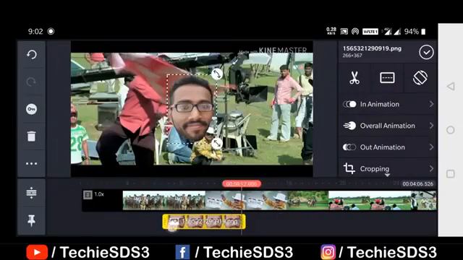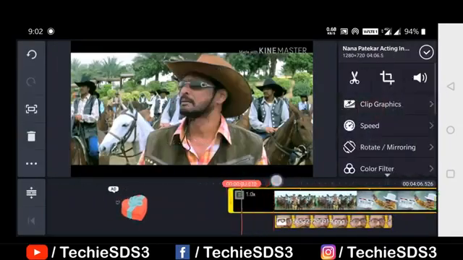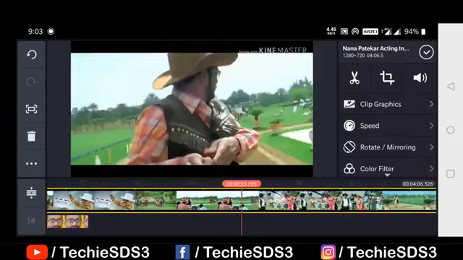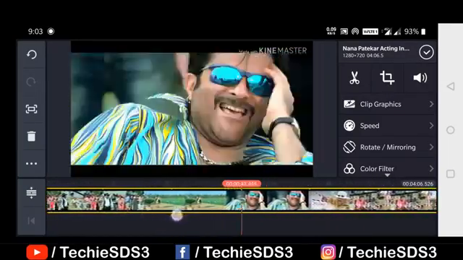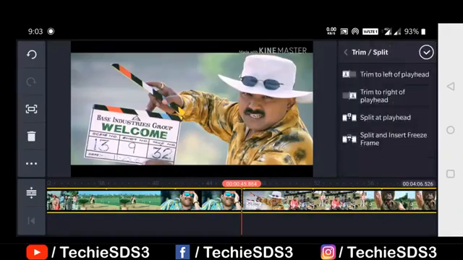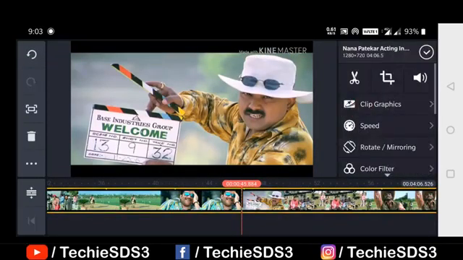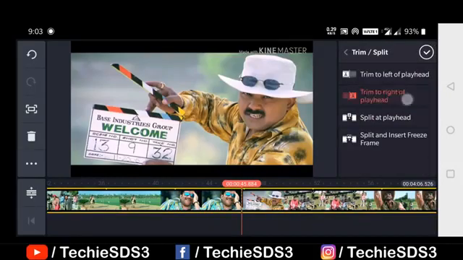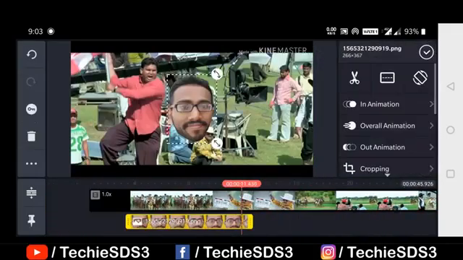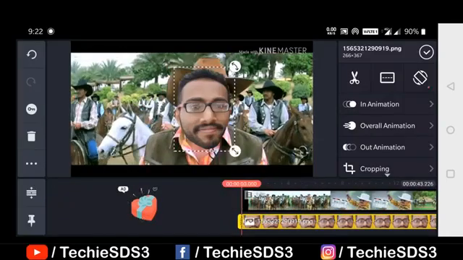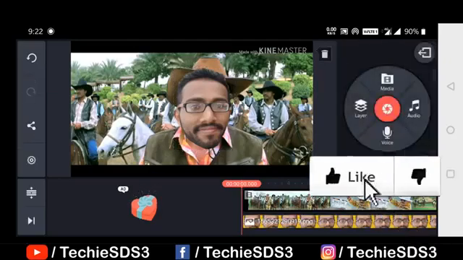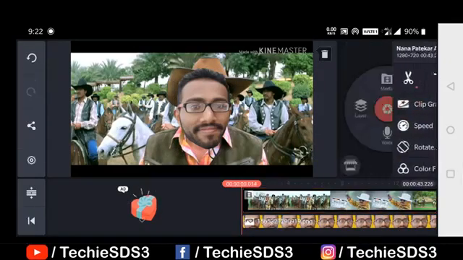Decide the duration of the video which you are going to edit. The rest of the part you can crop out. So I will edit till 40 seconds, till here. Then click on this scissor icon, then click on trim to right of playhead. Okay, so this much part of the video we will edit now. So that's why the second layer, that's my face, drag it till then, till 42 seconds as you can see. So the first work is done.